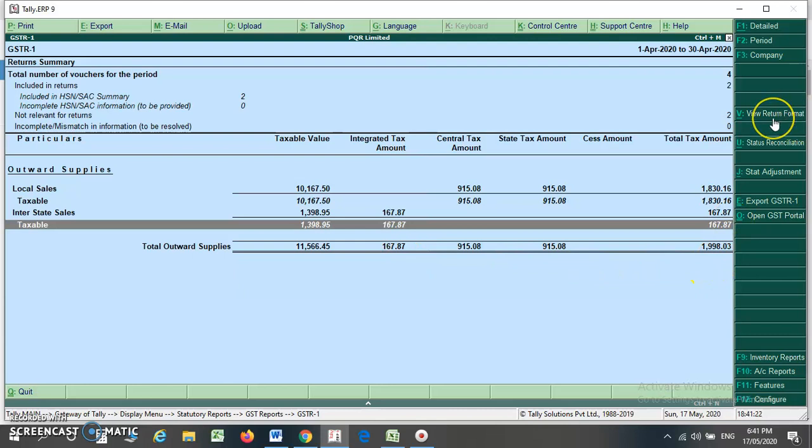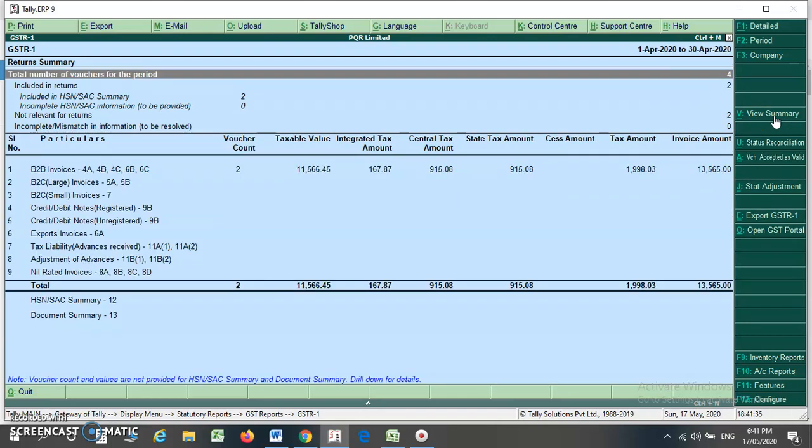Friends, you can also see it in written format. For the purpose of viewing written format, you just press View Written Format, click on it, or just press Alt V from your keyboard. You will see the GSTR1 displayed in a different manner. This is as per the written format.